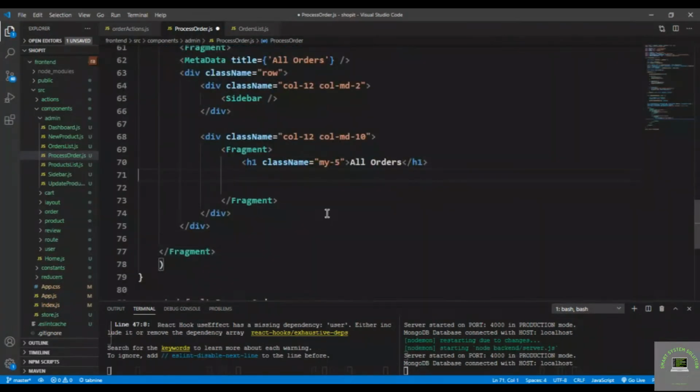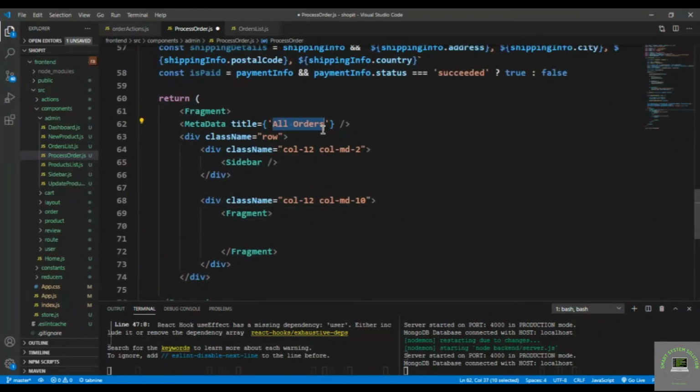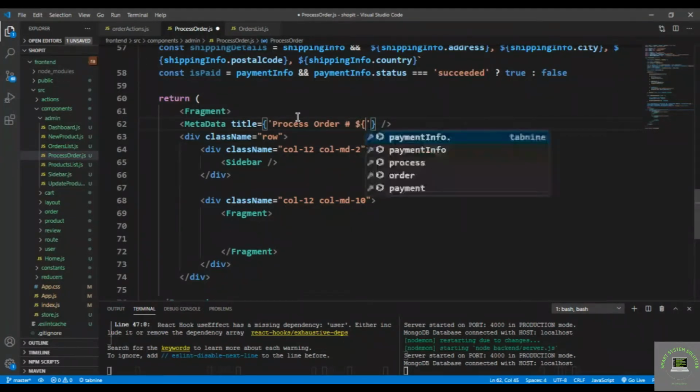Then the fragment, I will simply not have to display this one. I will first of all display here the title, that is the process order, and let's put in here the ID of that order. So I will put in here the order dot underscore ID,